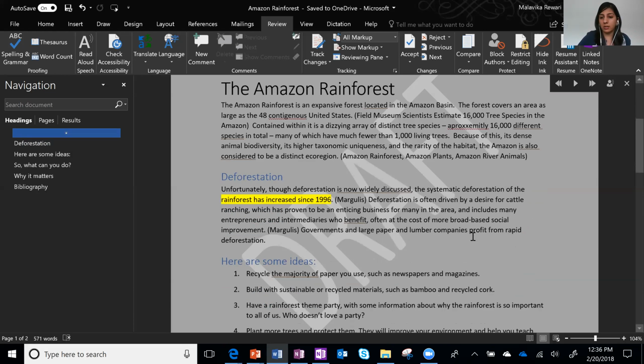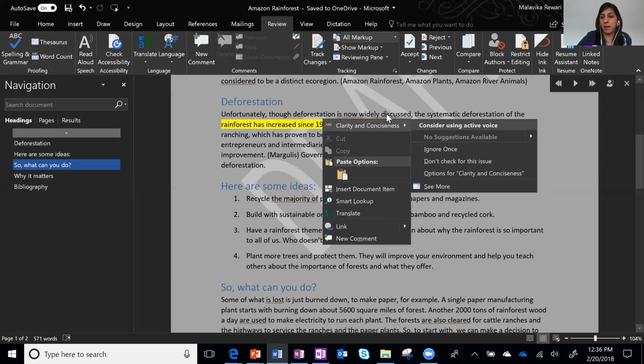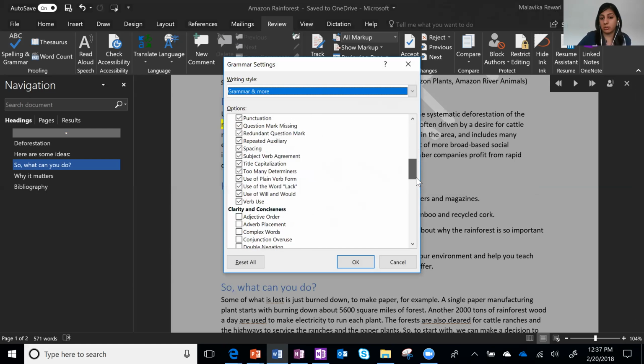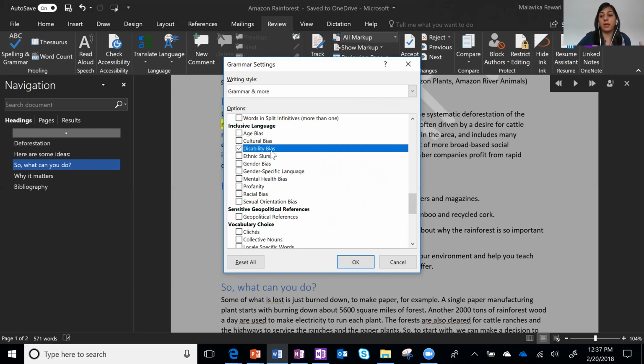And I'll also call out that this is not just a spelling checker, it actually makes you a better writer. It reminds you, for example, to use active voice instead of passive voice. It has things like clarity and conciseness checks. You can customize all of these options. So one of the neat options I like to remind people is inclusive language. So if, for example, you're typing things like disabled person instead of person with disability, it can catch that and remind you, hey, you might want to use person first language. Or if you have a gender bias and you're typing things like policeman instead of police person, it can catch that as well. So totally customizable, right from options.